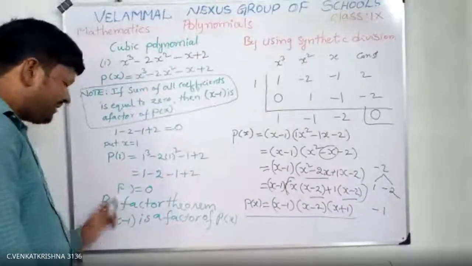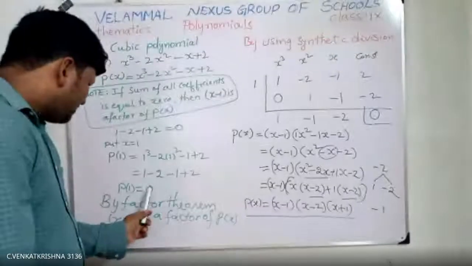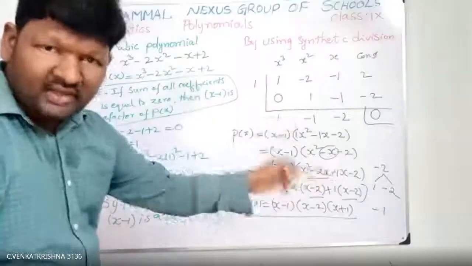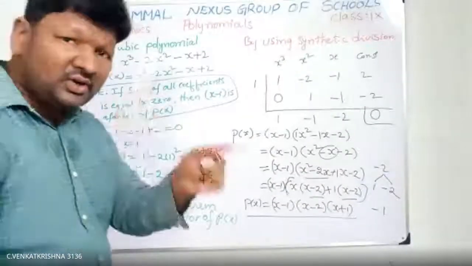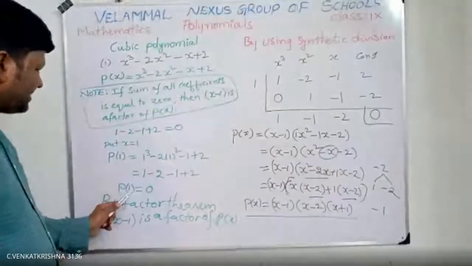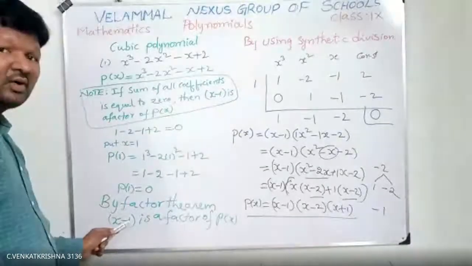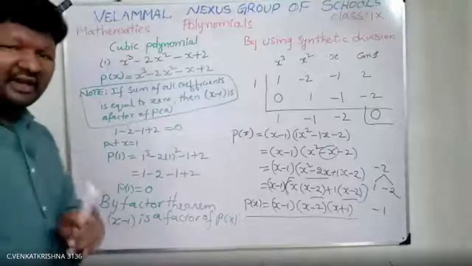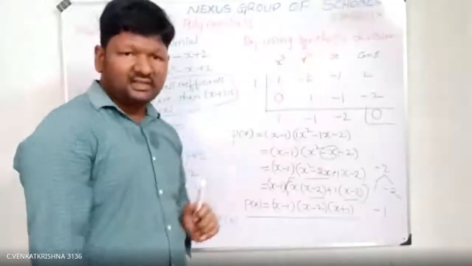So by the factor theorem, what the factor theorem says is that if P of a is equal to 0, then x minus a is a factor. P of a is equal to 0 means x minus a is a factor. So here P of 1 is 0, then x minus 1 is a factor of P of x. So I found one factor. Then by using the synthetic division method,